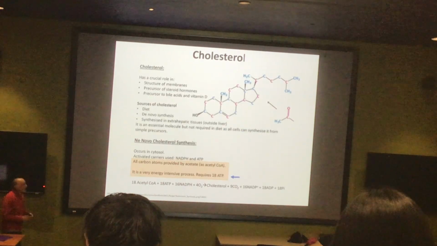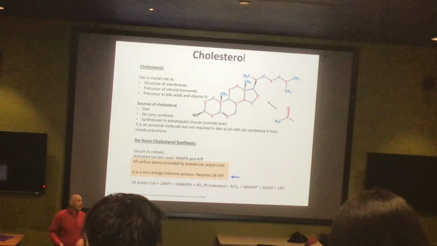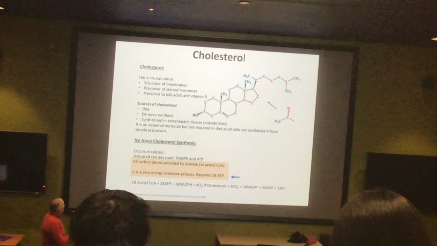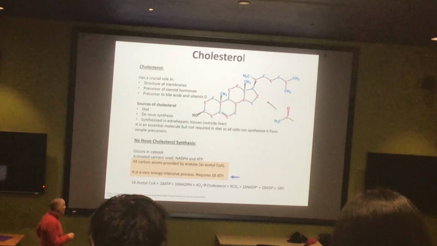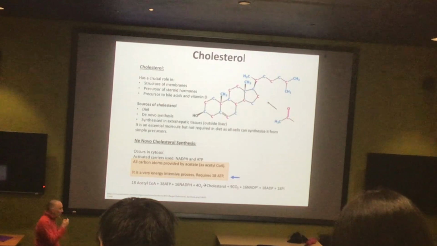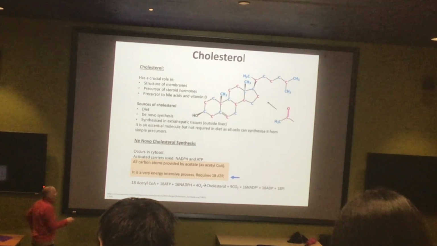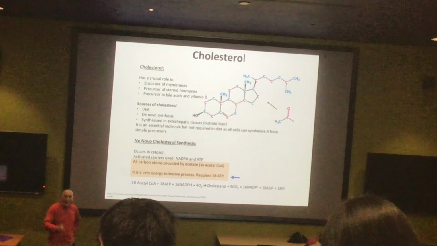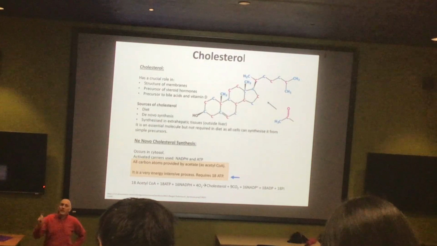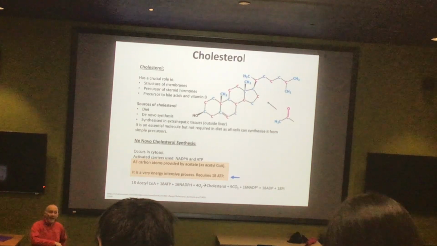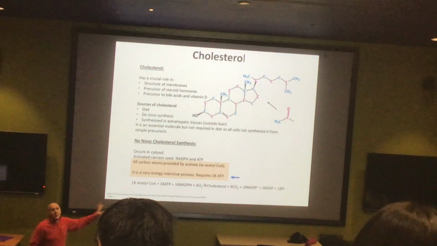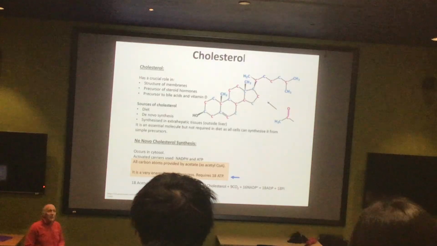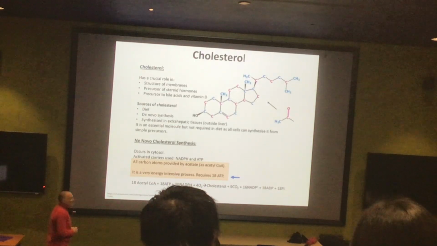In terms of metabolism, what is cholesterol made of? Cholesterol is all acetyl-CoAs. So here are all the acetyl-CoAs that actually go into cholesterol. The synthesis is cytosolic, so not surprising that's where we're going to make it. It uses a lot of NADPH, uses a lot of ATP, 18 acetyl-CoAs. Why is that so incredibly significant? Because unlike the other fatty acid and fatty acid-derived molecules we've seen before, cholesterol is not ever going anywhere. This is pure investment of acetyl-CoA into the process of making cholesterol.